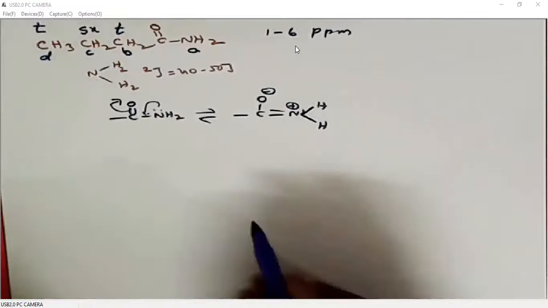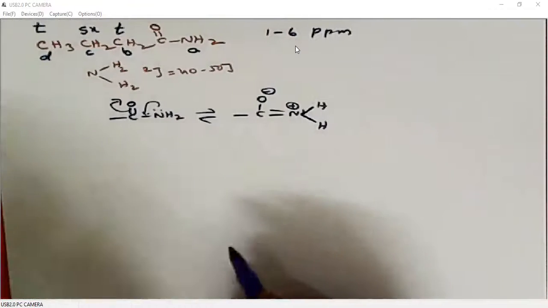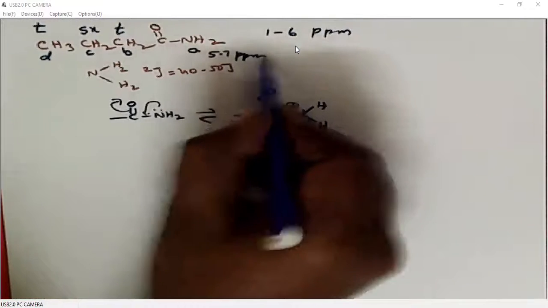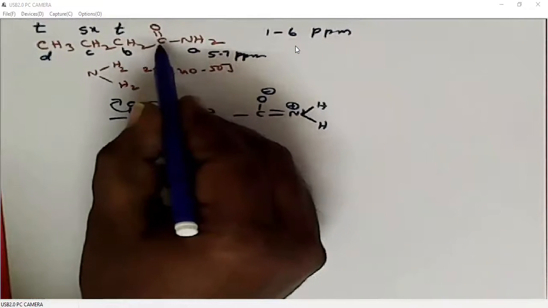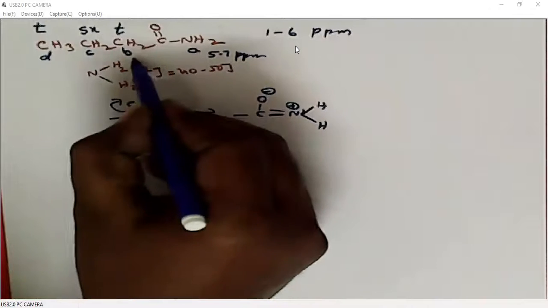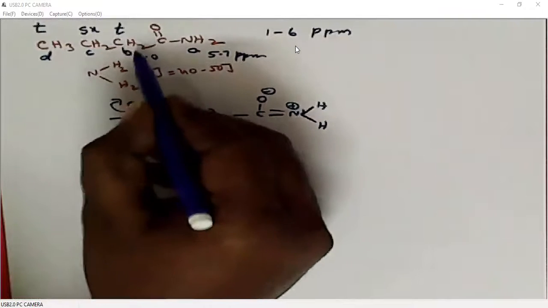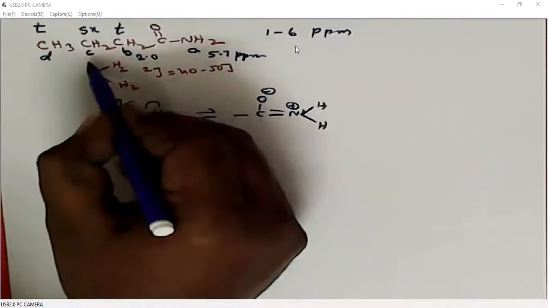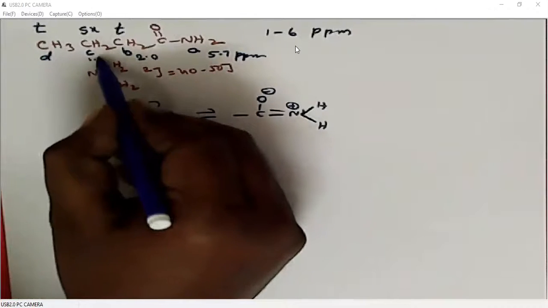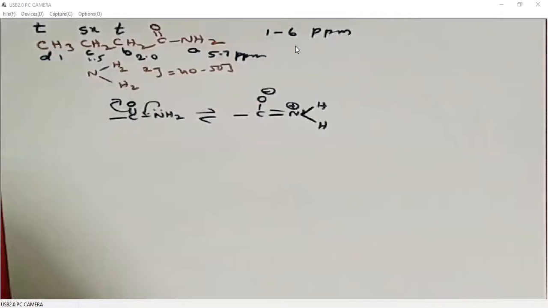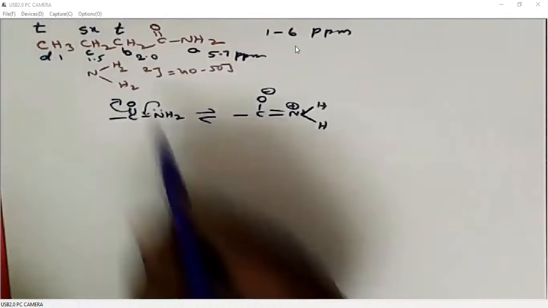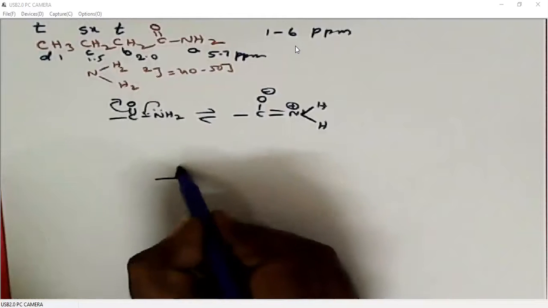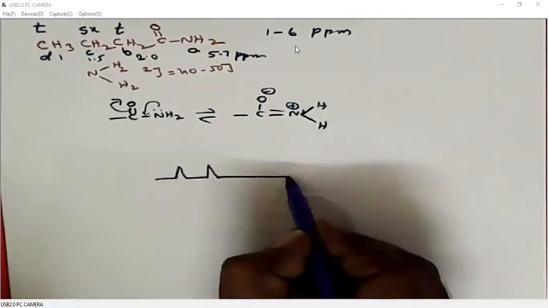Now we can also expect the delta values. As I said, it may be around 5 to 7 ppm because nitrogen is attached to a withdrawing group. Then the allylic system will be observed at around 2, and with distance the inductive effect decreases, so we can expect them around 1.5. This may be at 1 or a little less than that. Okay, these are the approximate values. But when we look at the spectrum, I will also give the exact values.